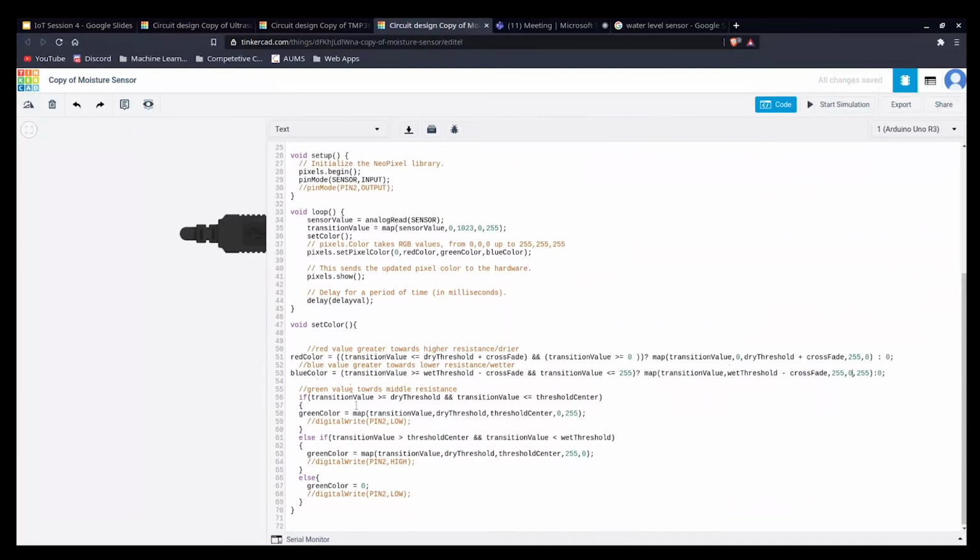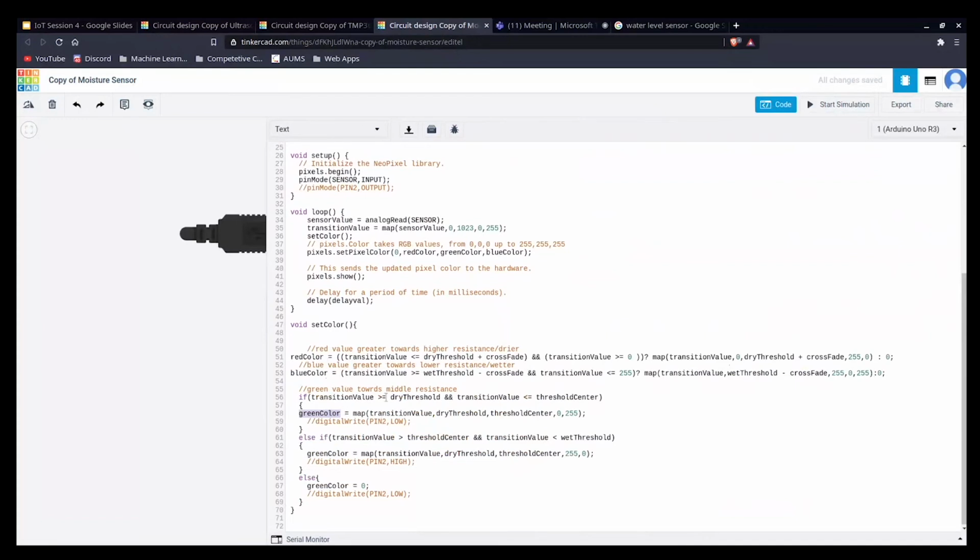Now here come the conditions for displaying. We have the red and blue set, and the green color will determine the actual color of the output. The basic colors are a combination of red, blue, and green, so if we set red and blue as constant and change the green value, we can see the color change accordingly.